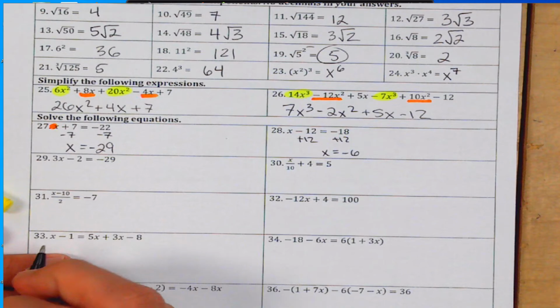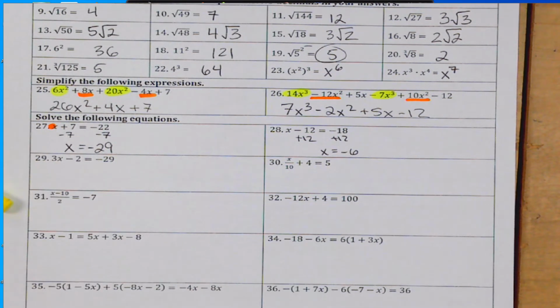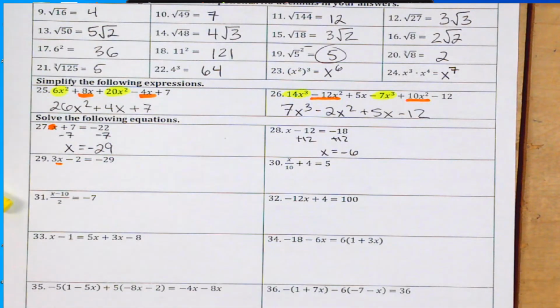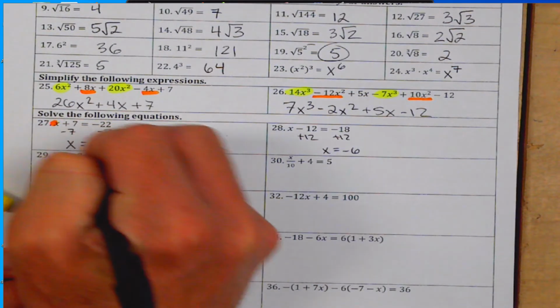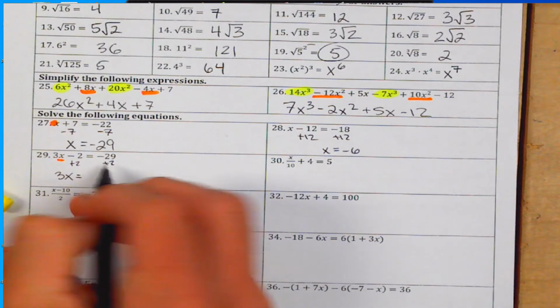Okay. Now we get to multi-step equations, so I have to do more than one thing. And so this is where we do PEMDAS backwards, if you will. So if you notice, here's my x, and it's getting subtracted by 2 and multiplied by 3. So I'm going to get rid of anything adding and subtracting first, and then get rid of anything multiplying and dividing. So I'm going to add 2 first. That's going to give me 3x equals, this is going to become a negative